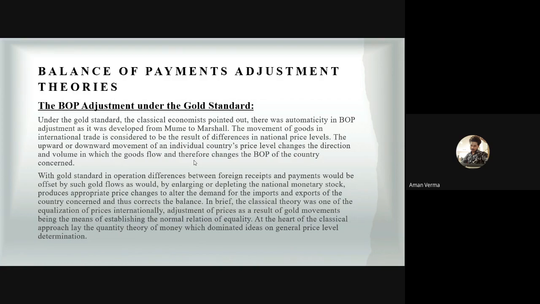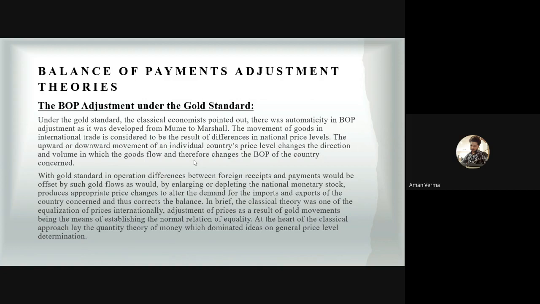With the gold standard in operation, differences between foreign receipts and payments would be offset by such gold flows as would, by enlarging or depleting the national monetary stock, produce appropriate price changes to alter demand for the imports and exports of the country concerned and thus correct the balance. In brief, the classical theory was one of the equalization of prices internationally, with adjustment of prices as a result of gold movements